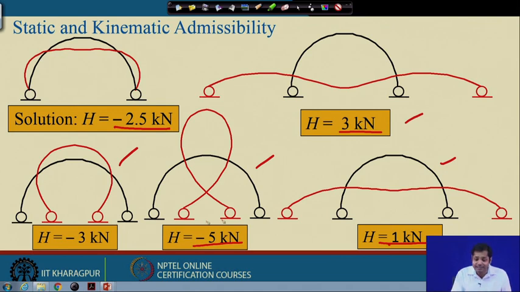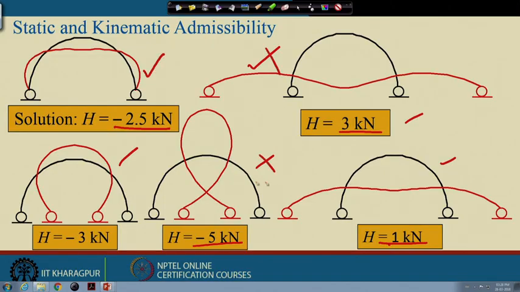So, among all these H, we have an infinite set like this, we have infinite choices of H, we have infinite such deformations. Among all these H, the H which satisfies the kinematic condition, the boundary condition, will be our solution. So, in this case the solution will be this one, not this, not this, not this. Okay. So, when your deformation satisfies this boundary condition and the continuity requirement, then we say that this deformation is kinematically admissible.